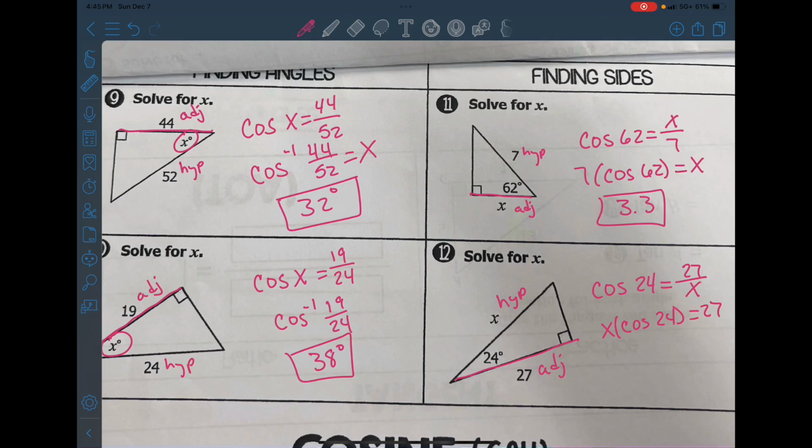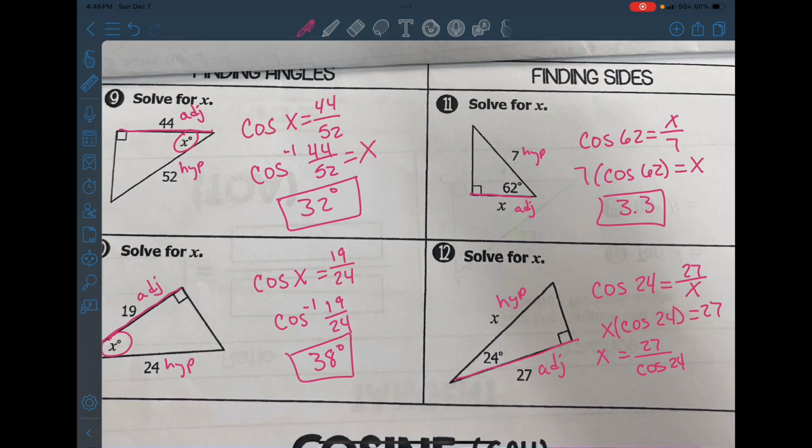But now x is in something else, so we have to now do the opposite of multiplication to get this away from x. We're going to go 27 over the cosine of 24. So 27 divided by cosine of 24. Do not hit the second button. And you will get